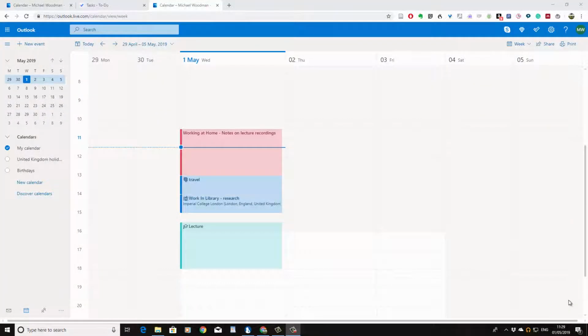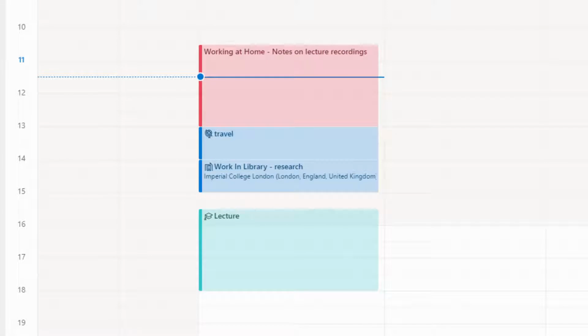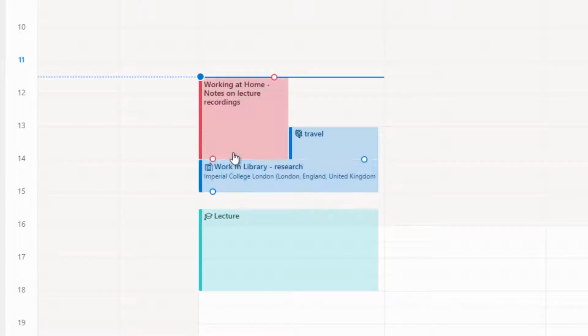Okay, so this kind of interface is roughly going to describe my week and give me a sense of the sort of thing that I want to be doing, and we can see that I've actually got well into the time that I should have spent working from home on lecture recordings, and I haven't started on that at all. I've been making this video instead, so I'm going to drag that forward, shrink that down a little bit,